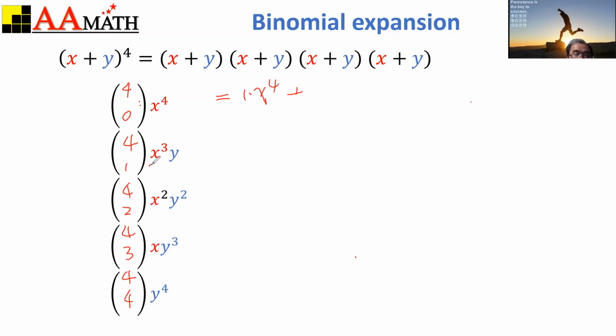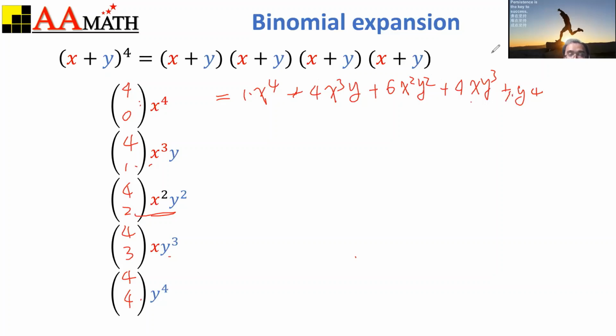Plus, this gives you the coefficient of 4, 4x to the power 3 y, plus this one. 4 choose 2 will be 6x to the power 2 y to the power 2, plus this one. 4 choose 3, which is 4x y to the power 3, then plus this is 1 y to the power 4. Yes, we expanded,